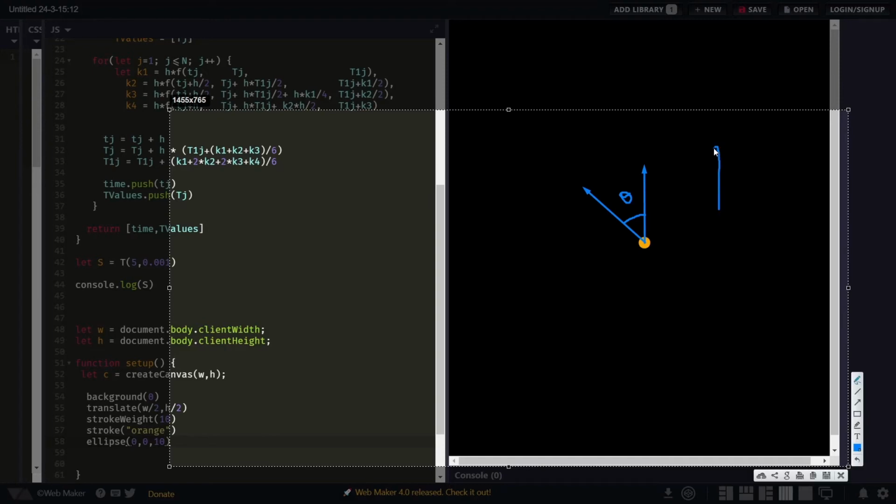We are using a right hand coordinate system like this. So the coordinates of this tip with respect to this right hand coordinate system, this is the x-axis, this is the y-axis, are going to be